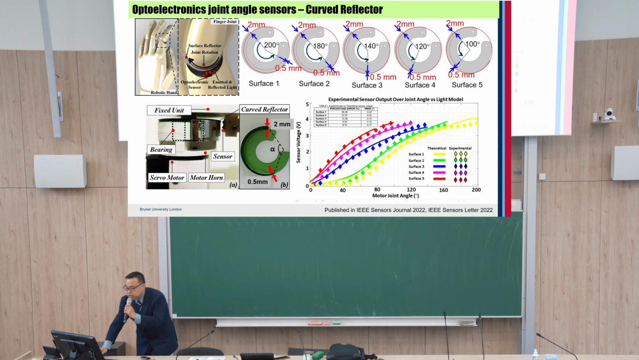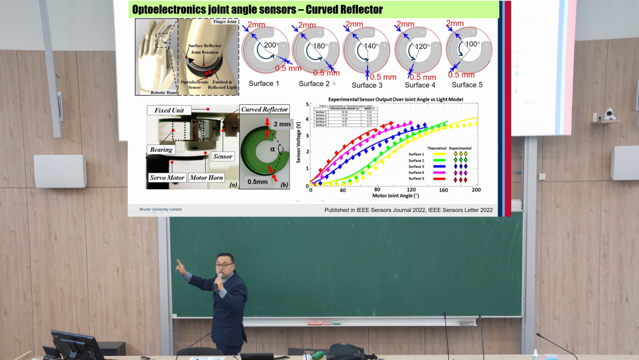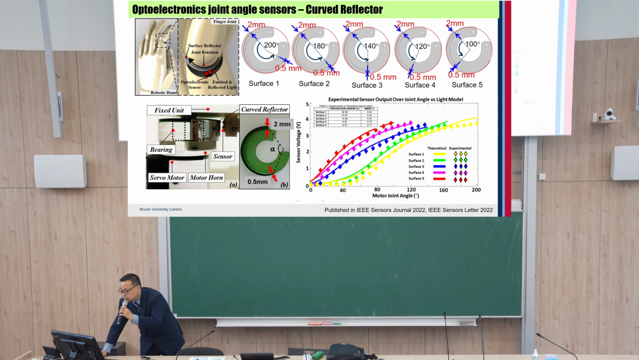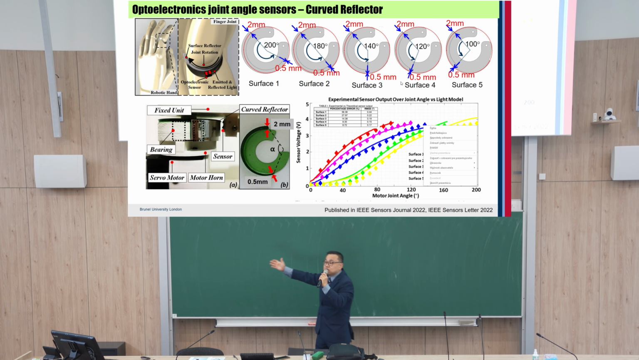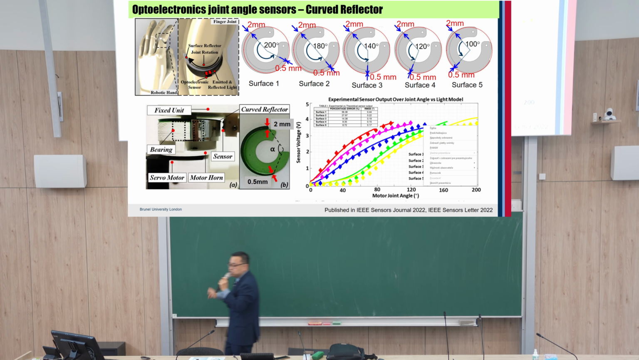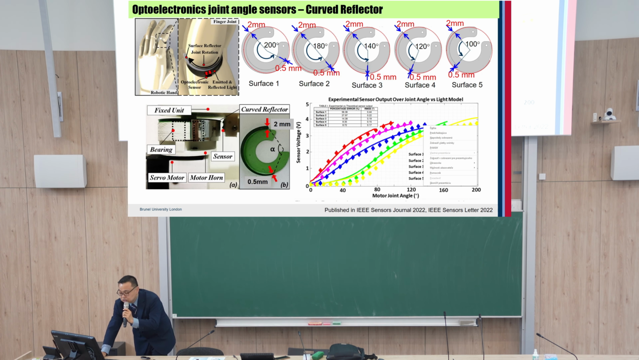Another, the surface 2 case, starting from 0 to 180 degrees, and then the radius slowly decreases by 1.5 mm. In this way, we can measure different measurement ranges. For example, here, the surface 1 case,